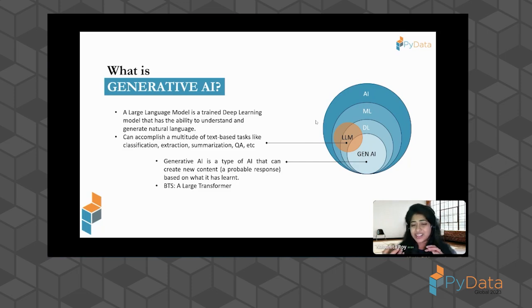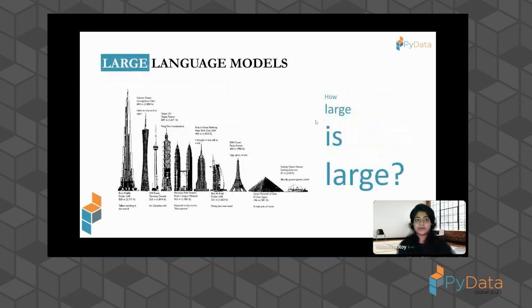So basically, at the heart of generative AI, behind the scenes, it's a large transformer model that has all the worldly knowledge up till the date it has been trained on. That comes with that disclaimer always, up till the date it has been trained on, but it has massive knowledge from whatever is publicly available on the internet. And it always comes with some sort of drawbacks as well, but we'll see about it later.